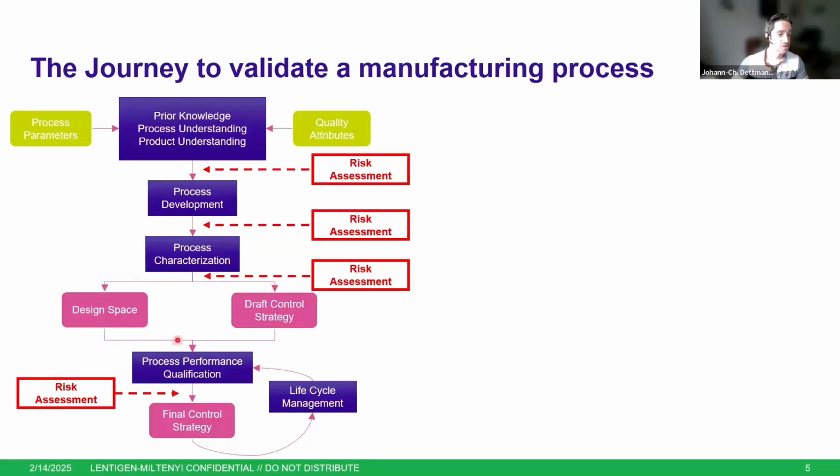Then the process performance qualification will take place, which is also known as process validation. However, this step is not to be seen as a final qualification step. It's more the starting point of an ongoing verification of this qualification status, also called continued process verification. Of course, we will not be able to talk about everything from this flowchart here, but I would like to focus today